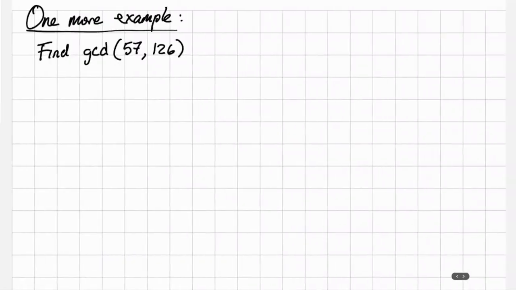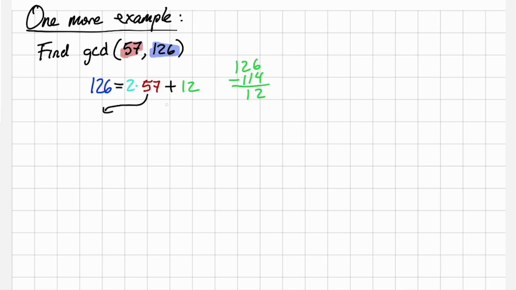Let's do one more example. Let's find the greatest common divisor of 57 and 126. First we figure out which is the larger number and which is the smaller number. Now we apply the division algorithm. 126 is equal to 2 times 57 plus the remainder. 126 minus 114 is 12. So 126 is equal to 2 times 57 plus 12. 12 is not equal to 0, so we update the roles